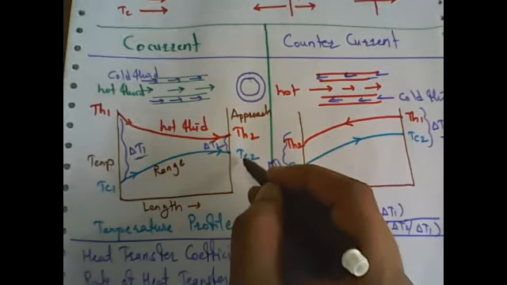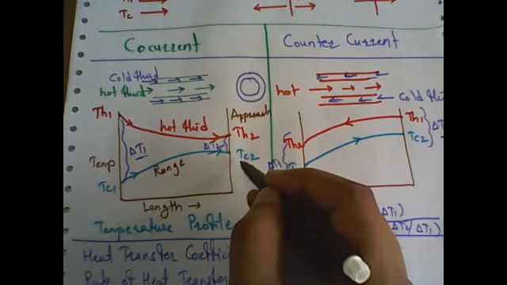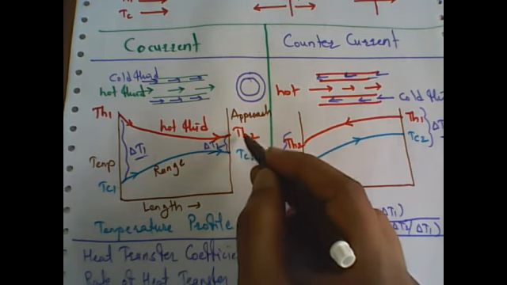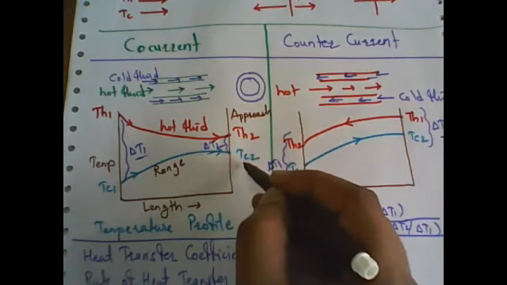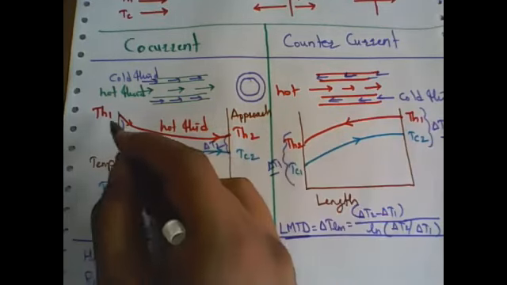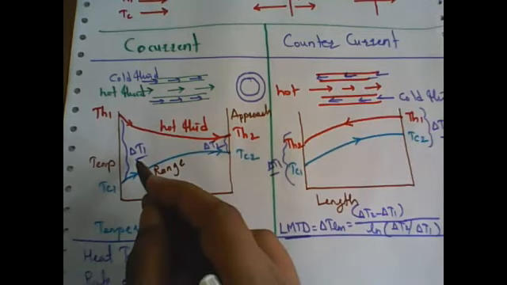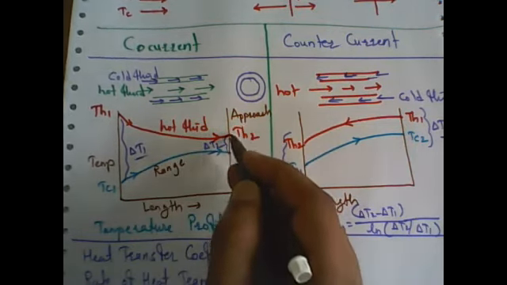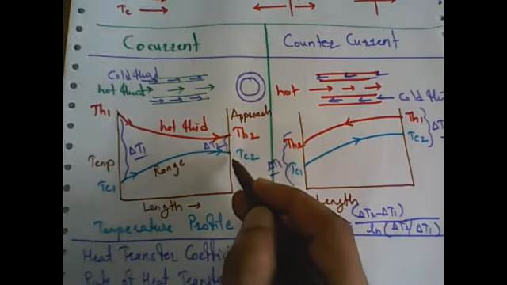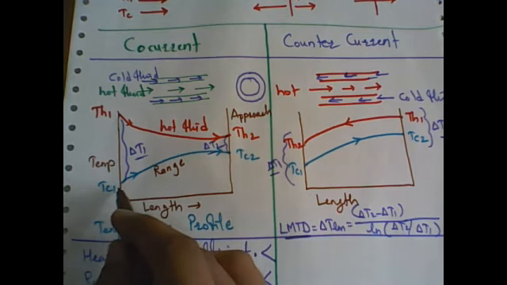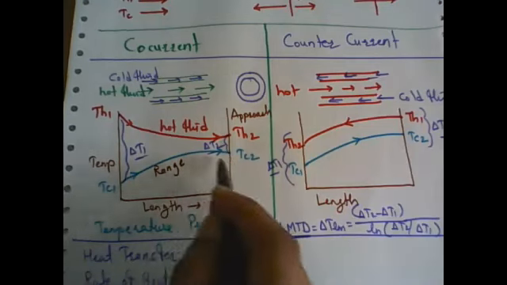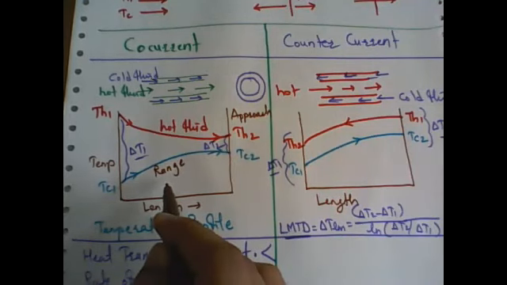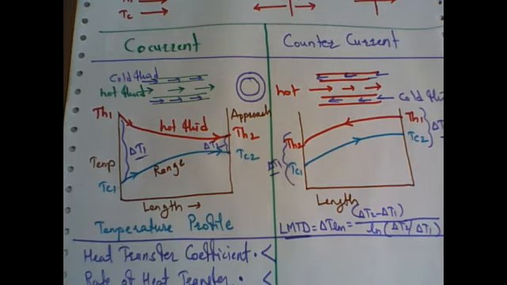And if the temperature differences are from this temperature profile, then this value of TH2 minus TC2 is called approach. Then TH1 minus TC1, that is delta T1, is also called approach. So the approaches are the terminal temperature differences of the cold and hot fluid, and range is nothing but the starting or inlet and outlet temperatures of the same fluid. So these are the definitions of range and approach as far as heat transfer and LMTD calculation is concerned.